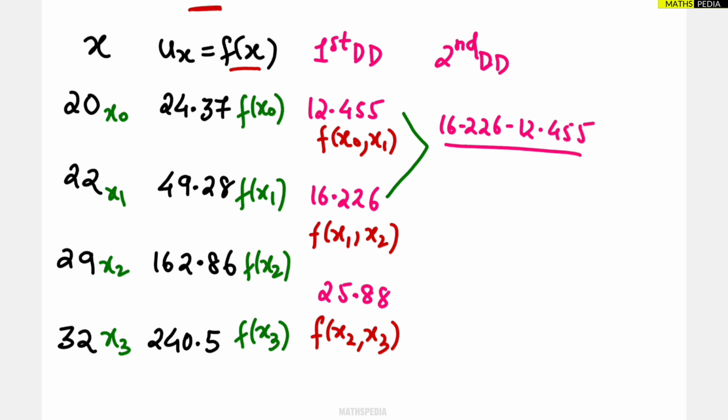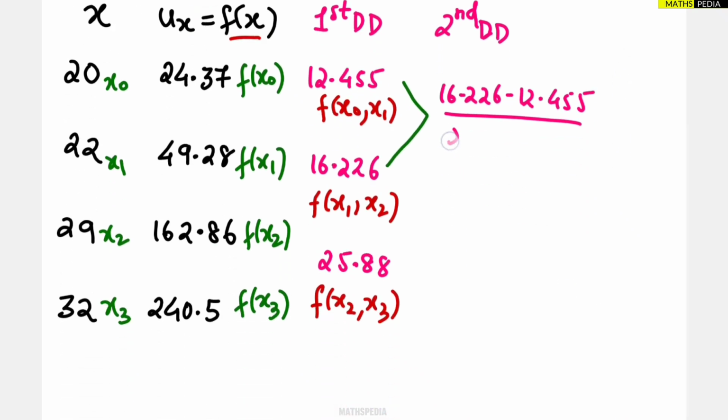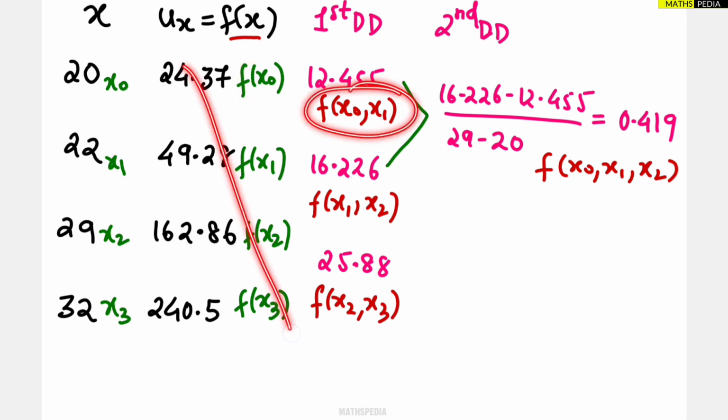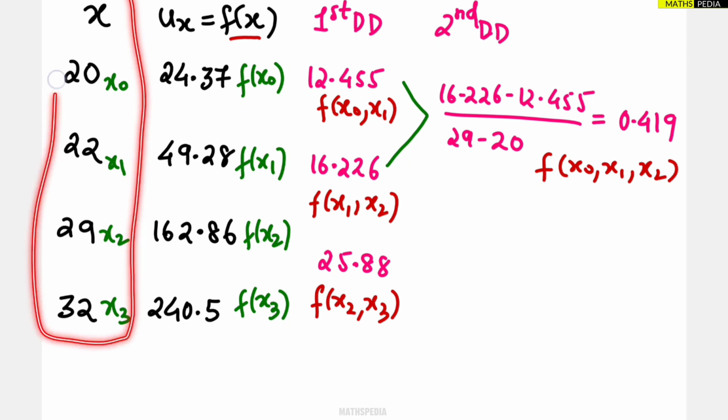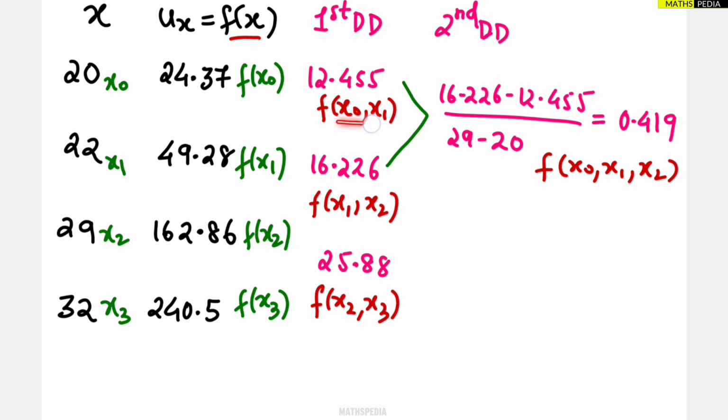Whole divided by, now division is very important, be careful with this one, how we are going to divide. Take the first value and the third value, leaving the one value in between, and subtract both. That will be 29 minus 20, which gives 0.419. Okay, so this will be said as f of x0, x1 and x2, because you can see here what we have utilized. Always remember the denominator part will always be taken from the x values. So x0 comma x1, x1 comma x2 we have utilized, that's why we are taking